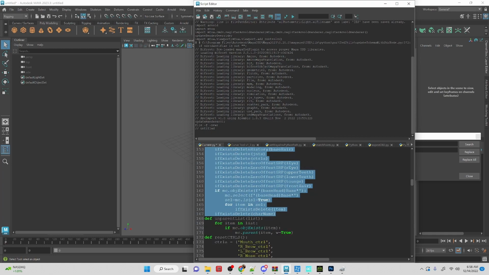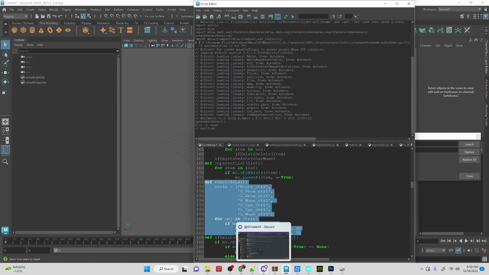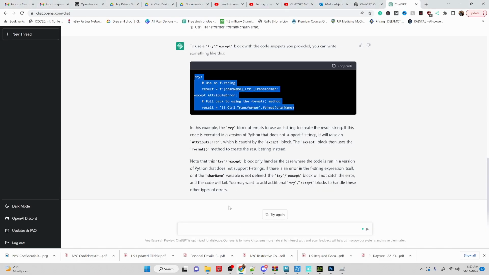And so it does have a limit on the amount of code that you can input, but you can copy a block of code. Actually, let me see if I can find a shorter one. Okay, this function over here. Okay, so I'll copy this one and then go to ChatGPT and say,